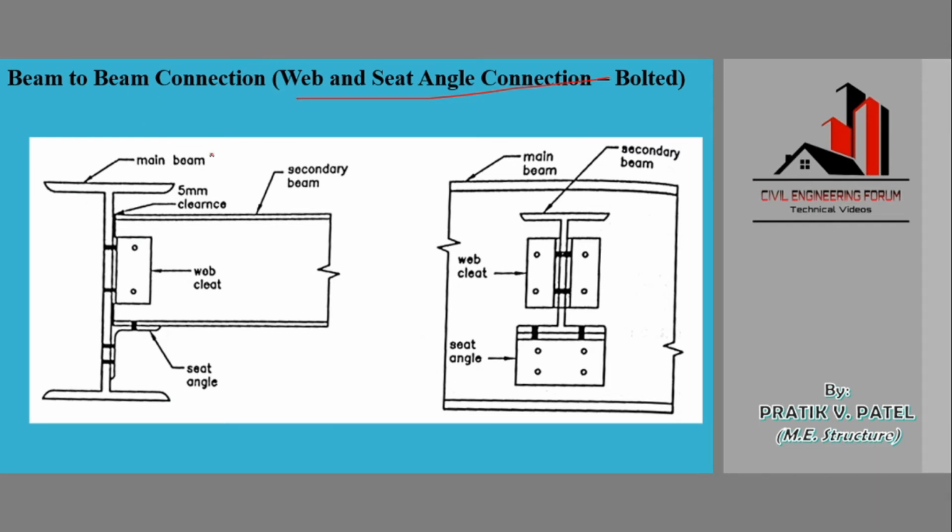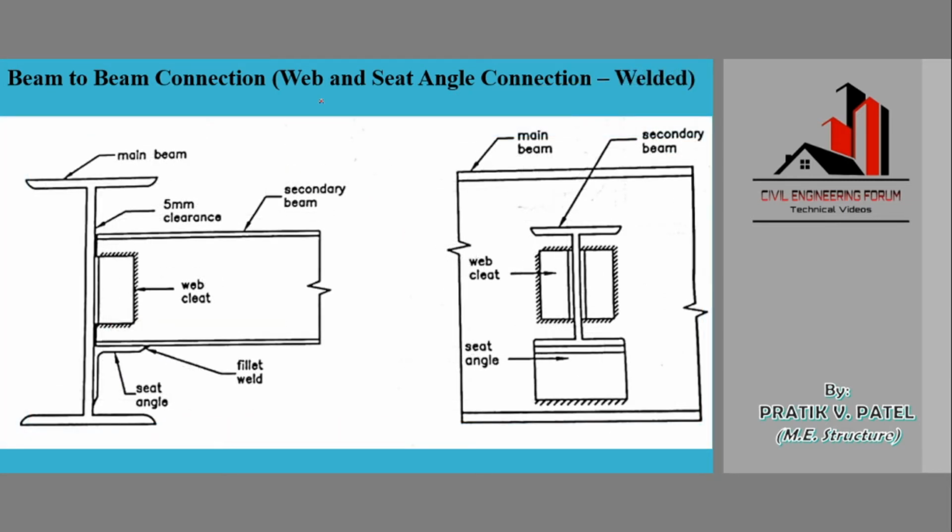See, the difference here is when the loading is more as compared to that of the web cleat angle connection, we are using a seat over here, that is an angle in the form of a seat which will support our loading. Suppose here the loading is increased or very heavy loading is there. At that time we should use this seat angle. Here is the other view. Here the beam reaction is transferred by bearing, shear and bending of the horizontal leg of the seat angle and by the vertical shear through the bolts. This is the load transfer mechanism of this type of connection.